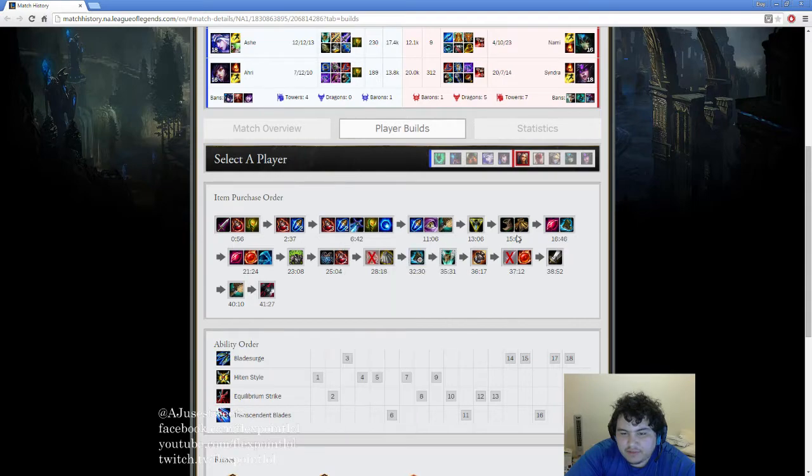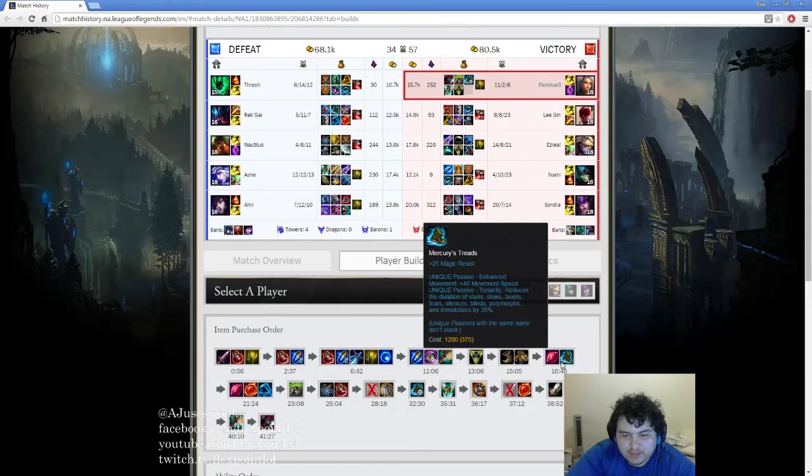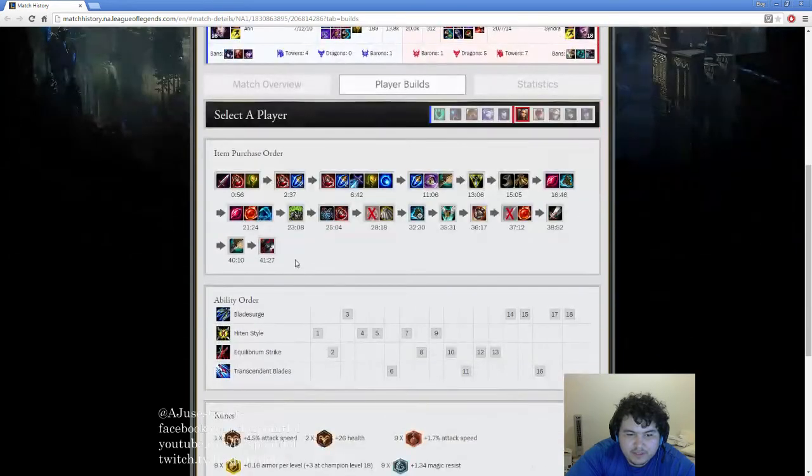After the Triforce, normally you'll see me go Tabi, but every single one of their champions has CC. That's probably the only scenario where I could go Mercury's Treads, because Irelia's passive is already really strong. If you throw on the Elixir of Iron...